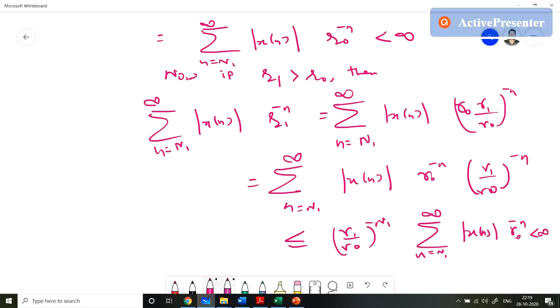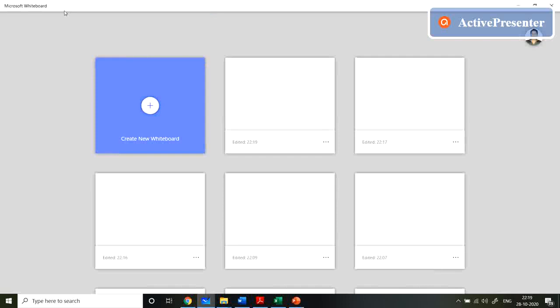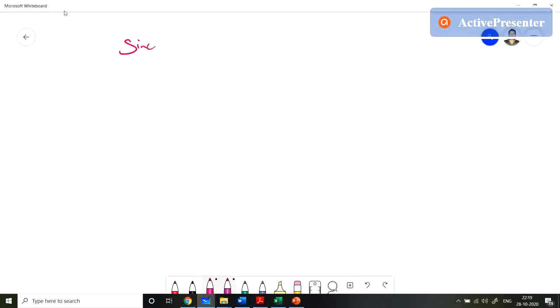Since r1 divided by r0 raised to the power minus n is a decaying sequence,